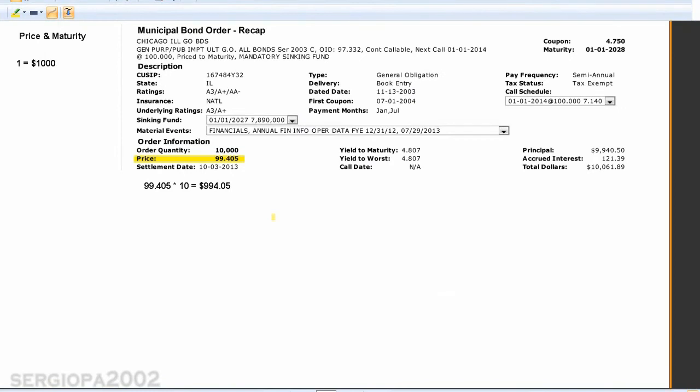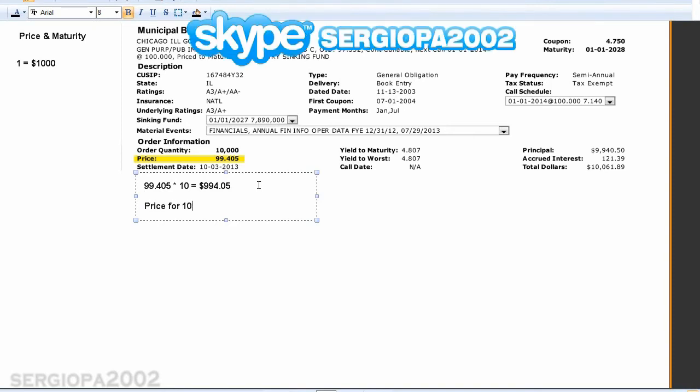So as I said, each bond has different prices. You can either buy it at a discount or at a premium. So let's say we're going to put an example and use this specific Chicago, Illinois bond as an example. It costs $994.05 to buy per bond. If I want to buy 10 of them, of course my price for 10 would be just that multiplied by 10,